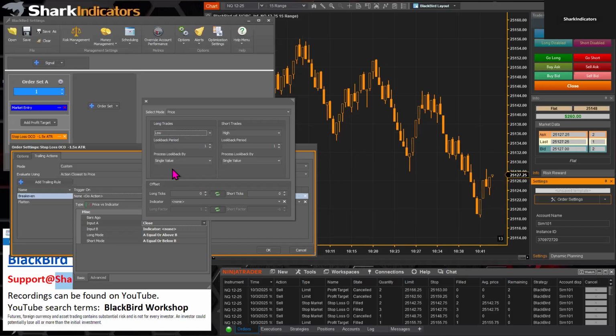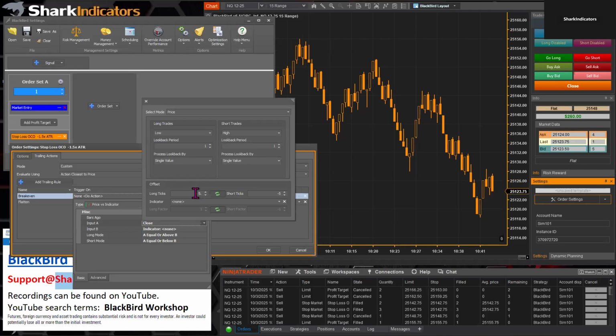There we go. And again, in case that low price is sitting right on the break even, you might want to add a tick or two. So just to be safe, if I was doing this, I'm sure I would probably add